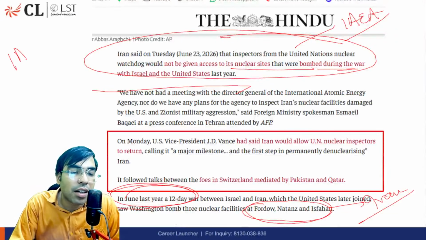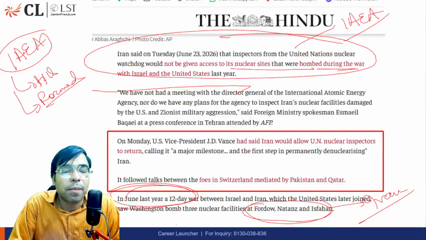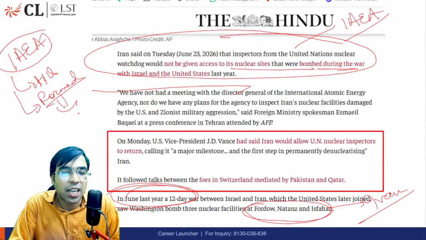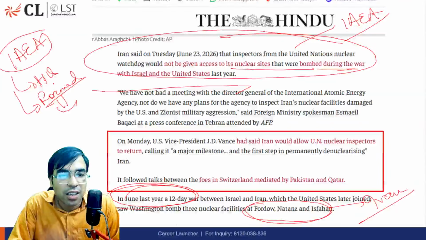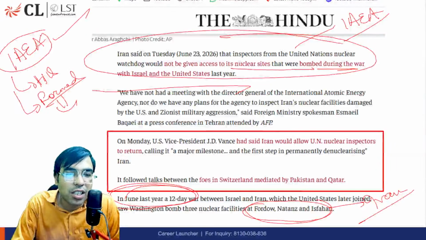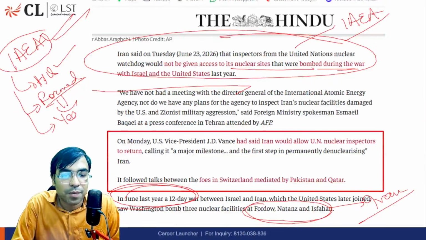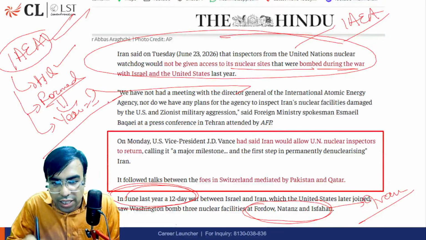Please help me. Please write in the comment section, where is the headquarters of IAEA? It was formed after the Atoms for Peace resolution, the Atoms for Peace agreement signed by a US president, and that initiative led to the establishment of the IAEA. Please tell me the full form of IAEA, its headquarters, and in which year it was formed. This is the homework in the comment section.